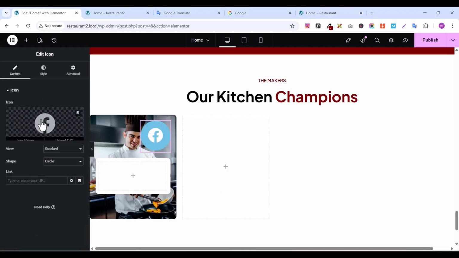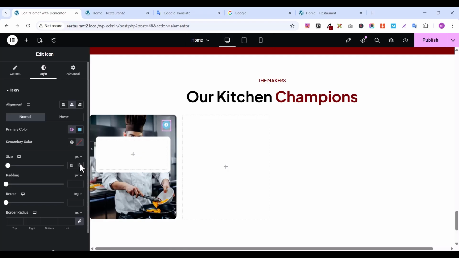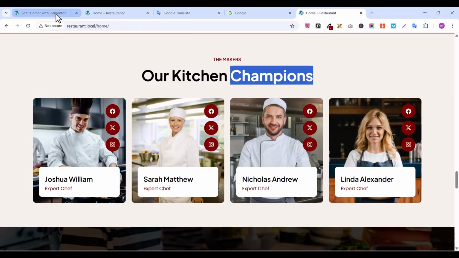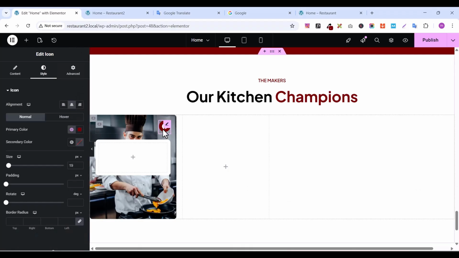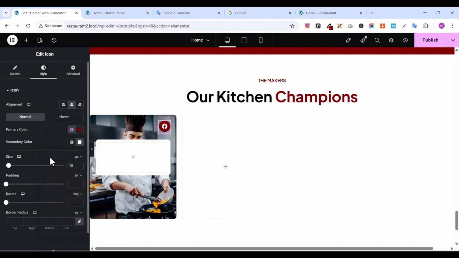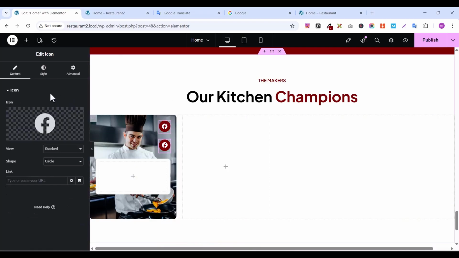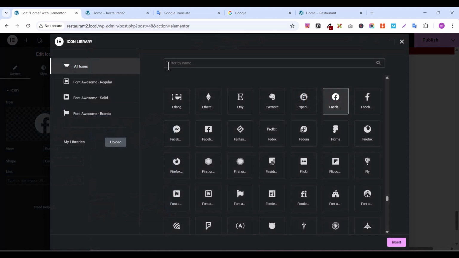Okay, so let's go back to style. On icon size, let's give it an icon size of 18. You can make it, let's make it 19, and change the color to our dark red color, and everything is looking good. So our secondary color, we can make it white like this. So what we can do here is just duplicate it and change this icon to Twitter